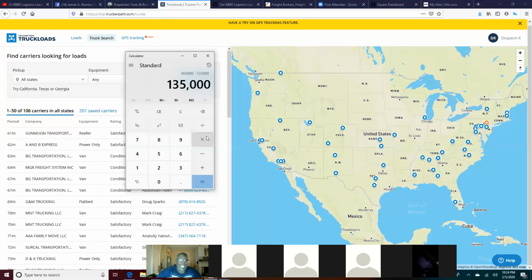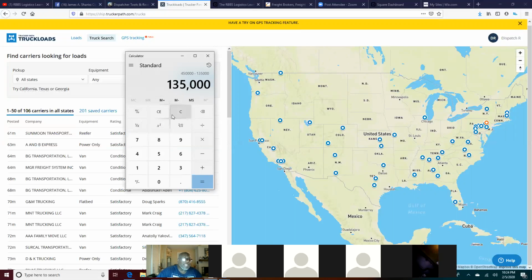Now the agent up top who landed that account is going to get 7% of our brokerage fee. We're not paying them 50%. We're not paying them 70%. We're only paying them 7% of our brokerage fee.